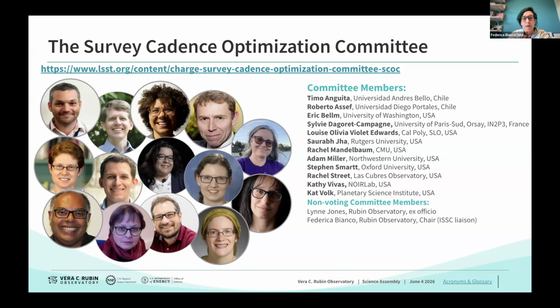operations. And the members are selected to be comprehensively knowledgeable about all possible sciences that LSST will pursue. And they also serve as liaisons into the science collaboration. Mind you, not as advocates for a specific science, even if they are liaisoning with the science collaboration that does a specific science. Their goal is to provide an overall optimization of the survey strategy, not to advocate for a science goal, but to share their expertise on that specific science aspect for sure.